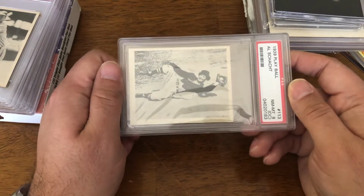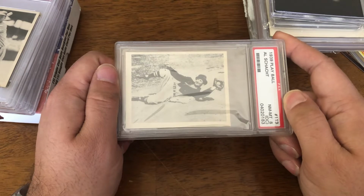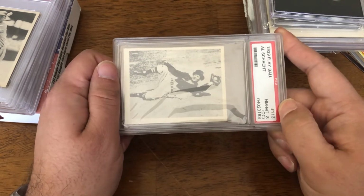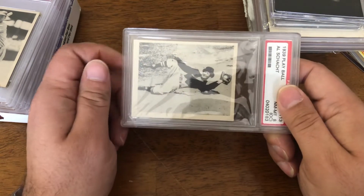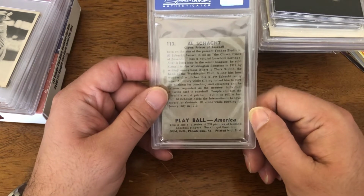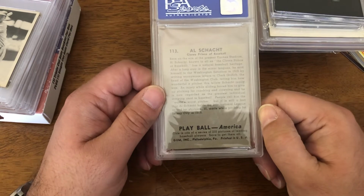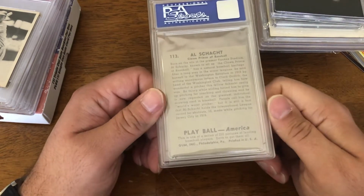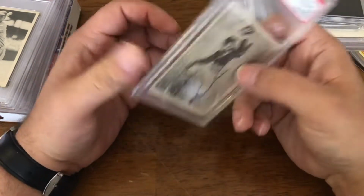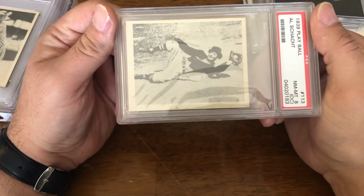And one of the forgotten characters of baseball is Al Schacht, 1939 Play Ball. This is in a near mint 8, off center. He was the original Clown Prince of Baseball. He was a player early on, but then he became the jokester, if you will, and he made it into the '39 and I believe the